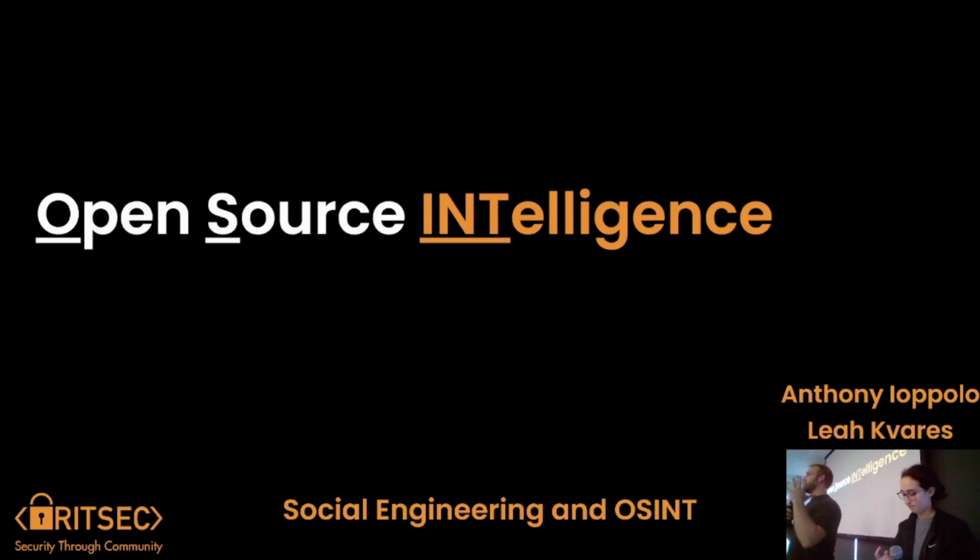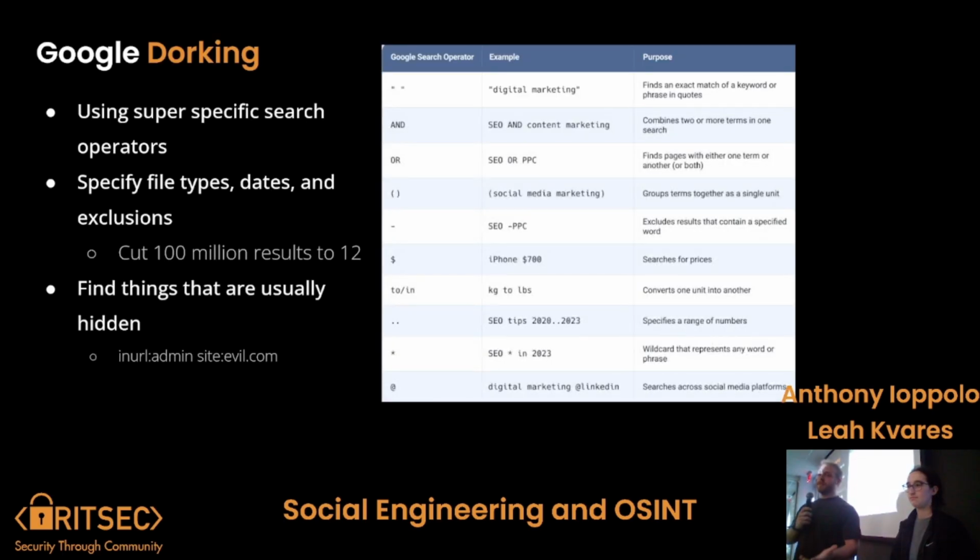So open source intelligence, or OSINT, is using different things that already exist online. There are no secret government repositories. This is stuff that's completely out there, like Google, social media, and things like that. A good example of this is Google dorking. When you use Google and type in something like, why is RIT so expensive, and it's like, it's a top 100 school, fun fact, that's using Google normally.